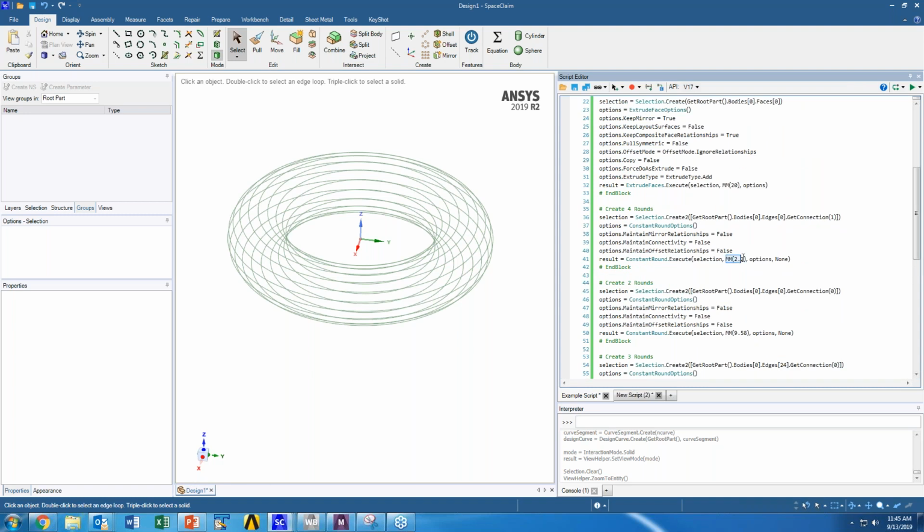But when you're inputting dimensions, the workaround is, for instance, here, rather than inputting a value of 0.0022 for meters, this user chose to input capital M 2.2. And this essentially tells the script this is a millimeter unit, so it's 2.2 millimeters, not 2.2 meters. You could do the same thing if I want to do inches. This would be inches, IN, instead. But by default, and there's no way to change it, unfortunately, the script editor is going to be in meters if you don't assign specific units like is shown here.